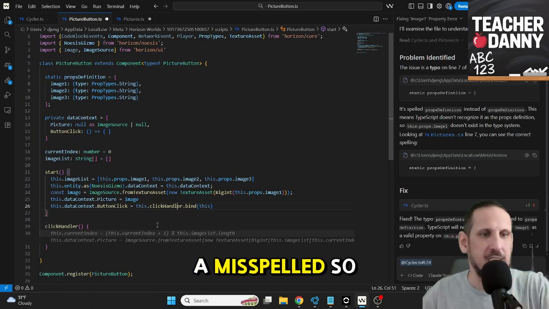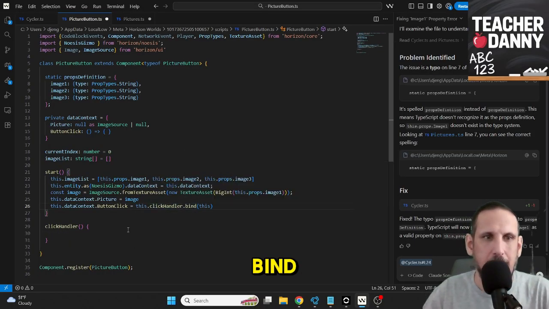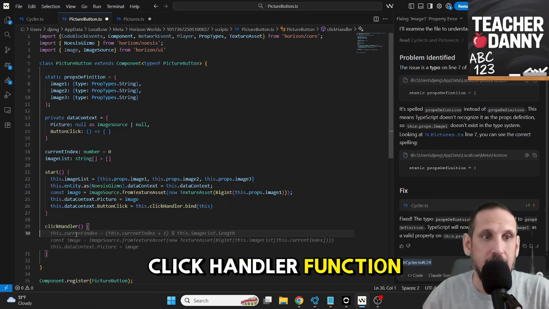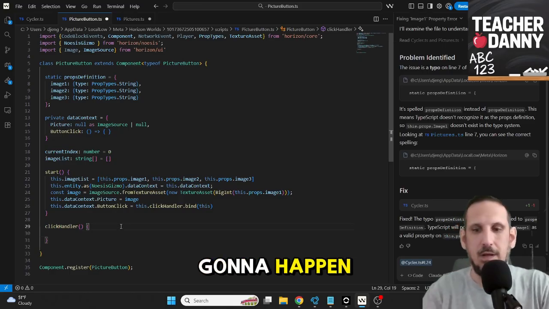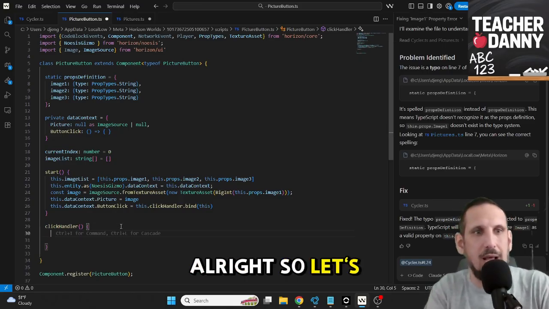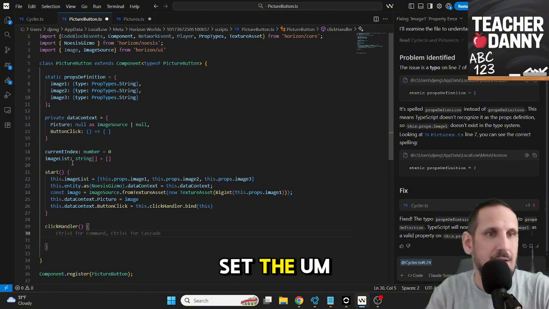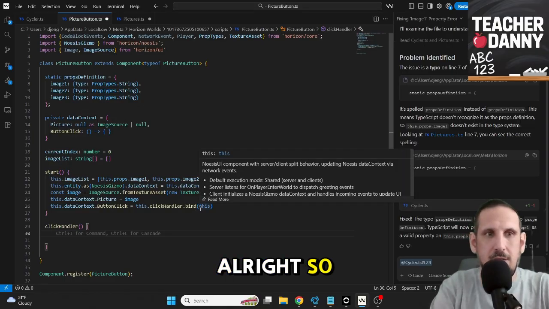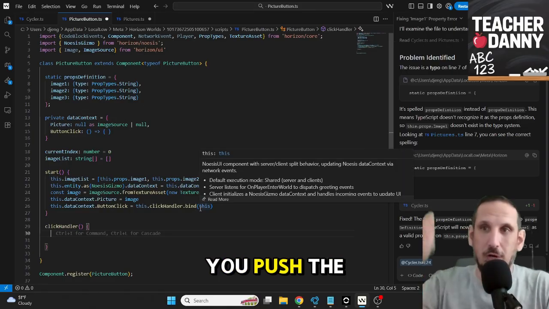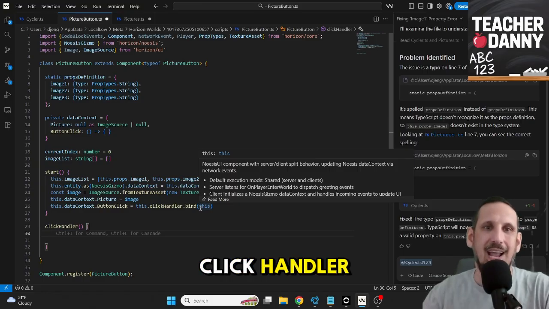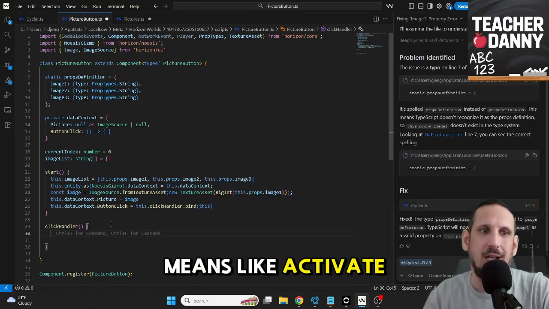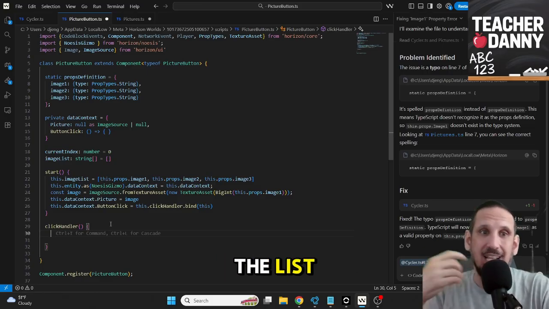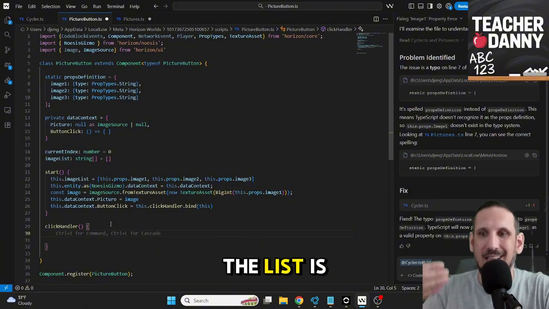Okay, so I just had it misspelled. So this dot click handler dot bind, and then outside of the start method, you have to make the click handler function. This is where the magic is going to happen. All right, so let's set the current index. Because every time you push the button, it's going to call click handler. And when I say call, that means like activate. It's going to activate click handler, and it's going to move to the next image in the list. And the way, again, it tracks the list is by